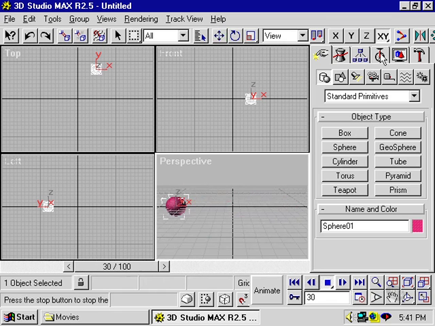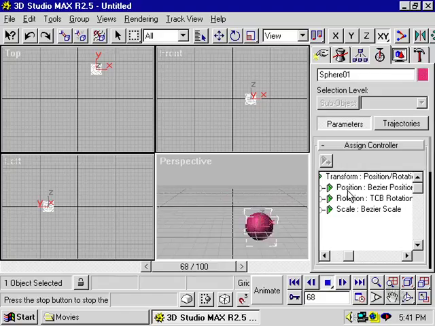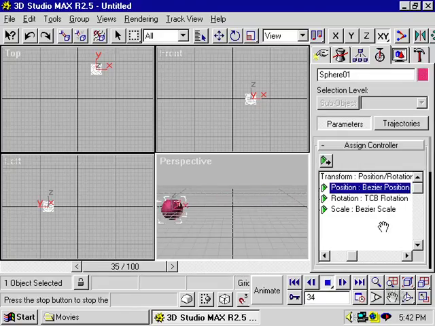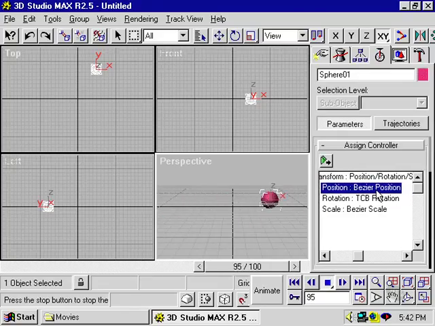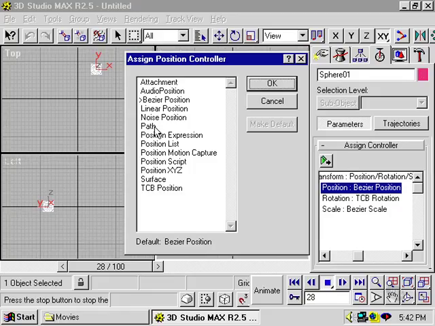And I can check this by going to the Motion panel, and I go to the Position Transform. You can see it says Bezier Position. Now we know that we can assign a path to this by adding a controller and selecting Path. And we can change the way that it interpolates by selecting another interpolation method like linear, so it goes linearly